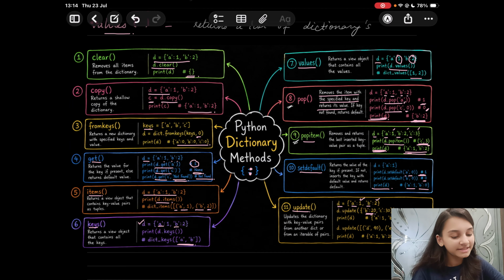So on printing D, this will be the new dictionary. We are updating the previous dictionary. Next, on D.update, we are mentioning this iterable of pairs. We have a list. So on printing D, we will get the new updated dictionary.